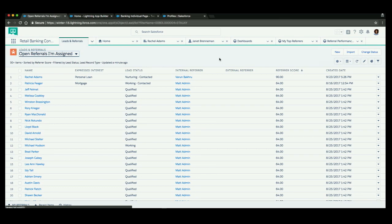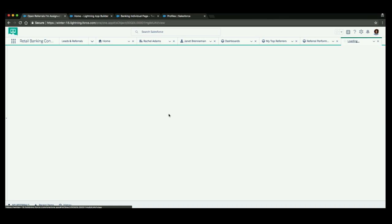Great. Not only that, this also plugs into the predictive lead score, which means the more referrals you work on and the more referrals you close, the predictive lead score will start learning and start picking up on the success criteria and will score referrals that you're likely to convert higher over time. So you can start leveraging that to be more productive and focus on the referrals that are going to matter the most. So here I'm going to click on Rachel Adams, and that takes me to Rachel Adams'